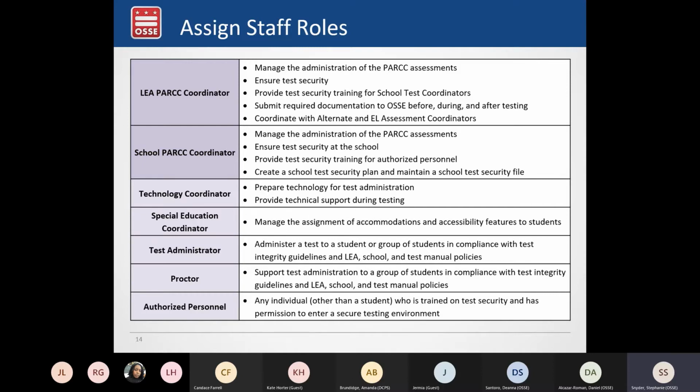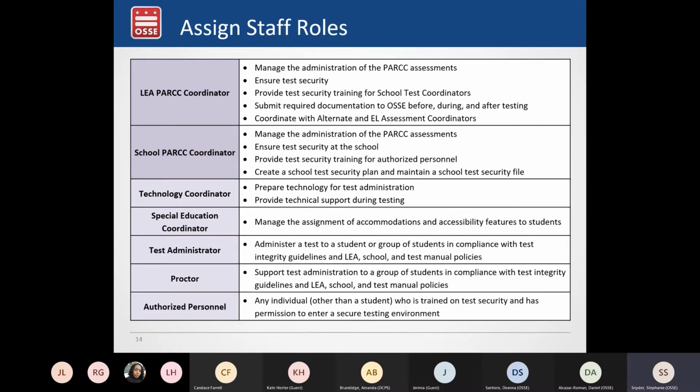We acknowledge that there may be predetermined groupings of students and staff who are in school buildings, and it may be difficult to rearrange just for testing. So for this year, a teacher of record may serve as the sole test administrator for their students in a particular content area.